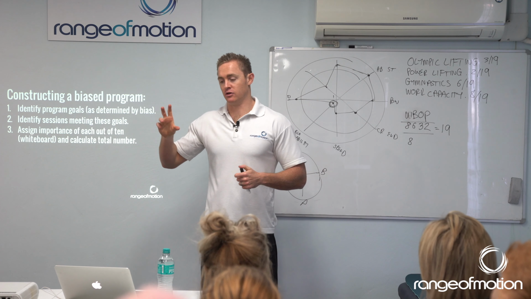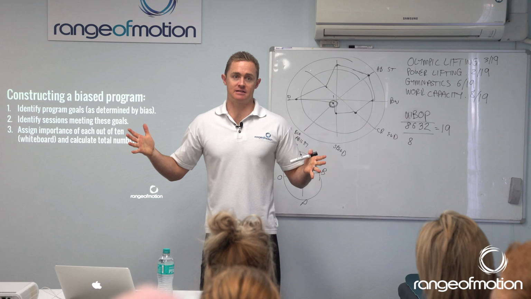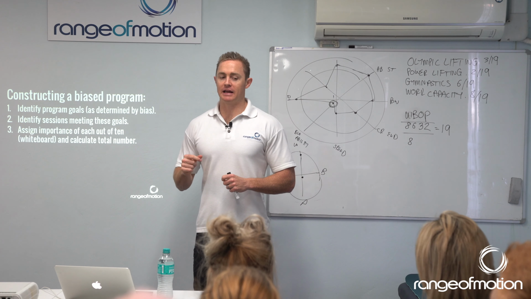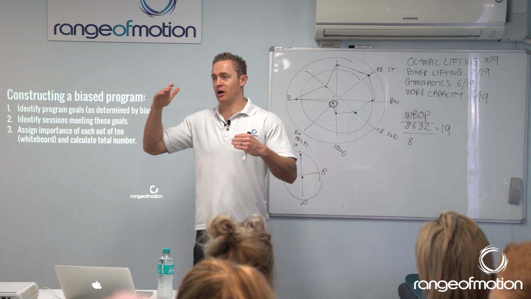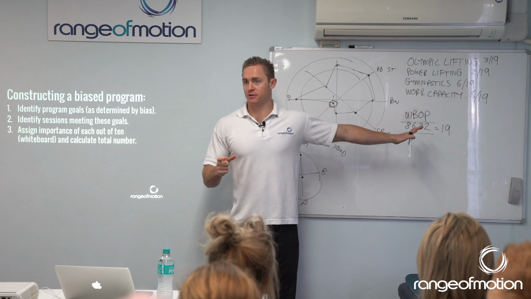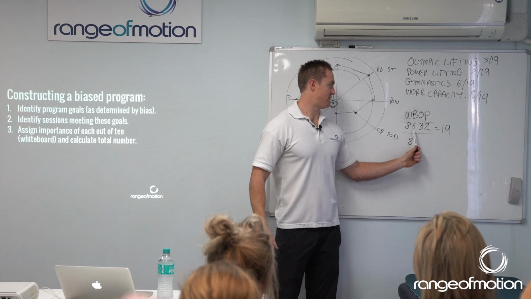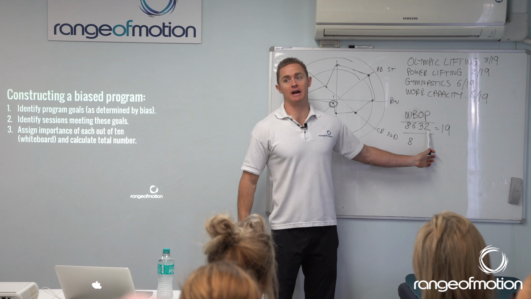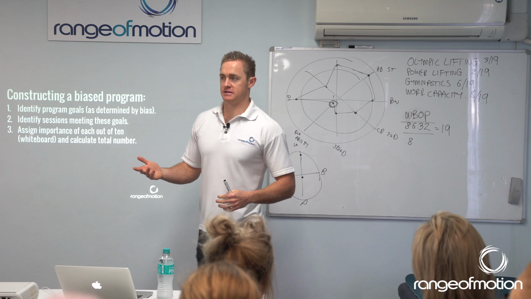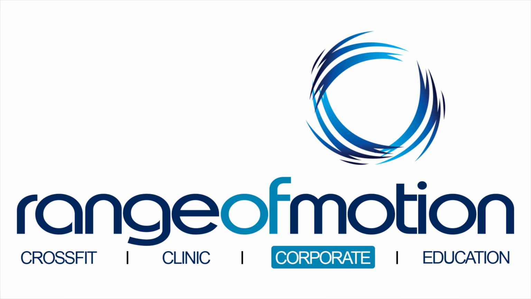And then, for those of you who are more mathematically minded, we can look at the standard deviation to see how balanced that athlete is. That's going a little further down the rabbit hole than I want to. But there will always be things that are outliers. Everyone should be able to come up with an order of priority here. Now, if there are multiple things which are of equal importance, then you go, okay, 5, 5, 5, and this is something that I'm really good at, so that's going to be a 2. You're always biasing towards the areas that need the most work. Does that answer your question? Okay, cool. So